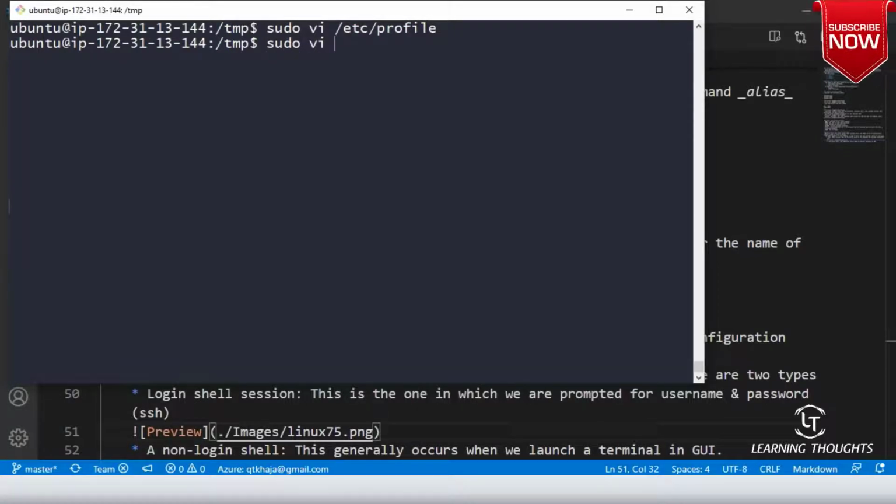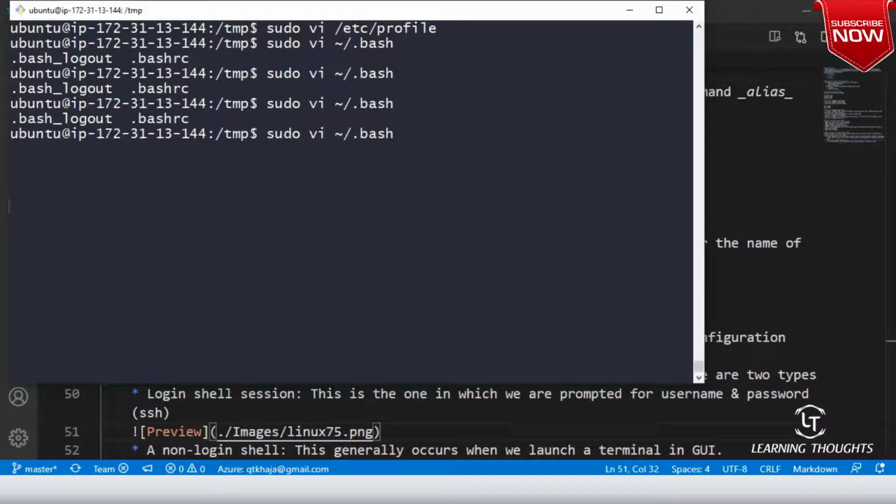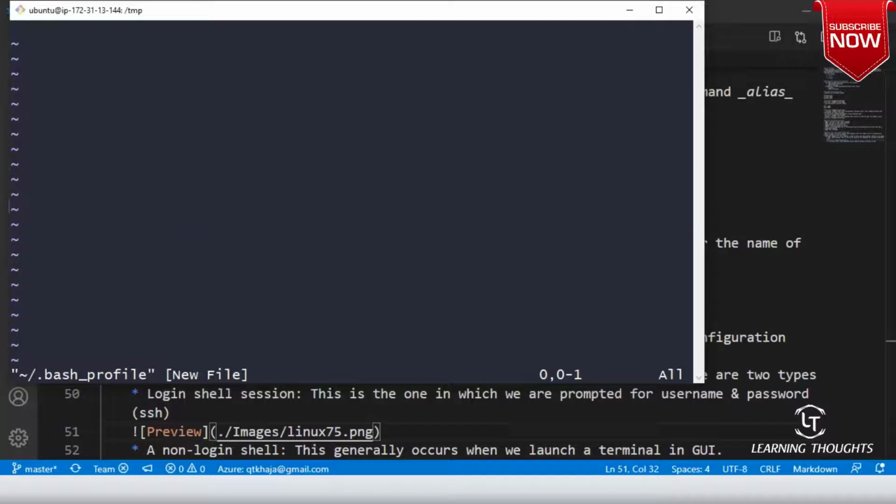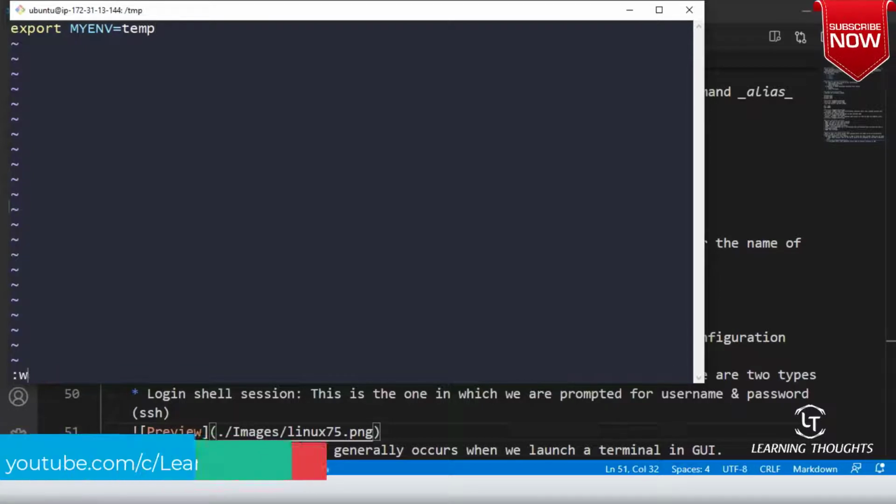And then the next thing is, in my home directory, I might have a file called .bash_profile. There is no .bash_profile, so the environmental variables are not mentioned over here, but I can create a .bash_profile. Then I can create an environmental variable by saying export MYENV=temp.